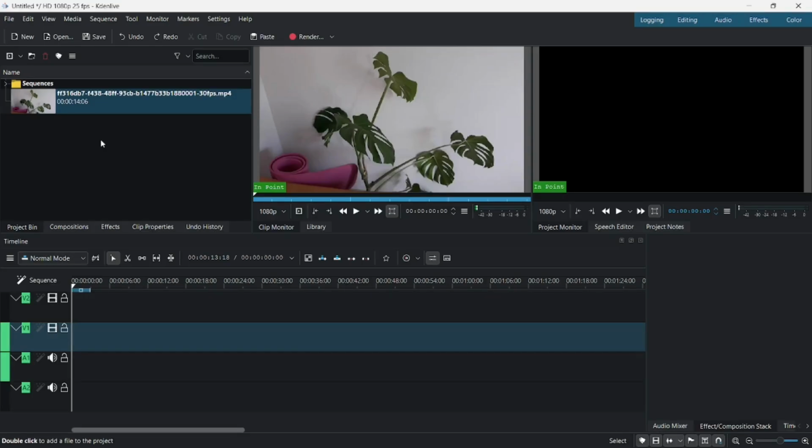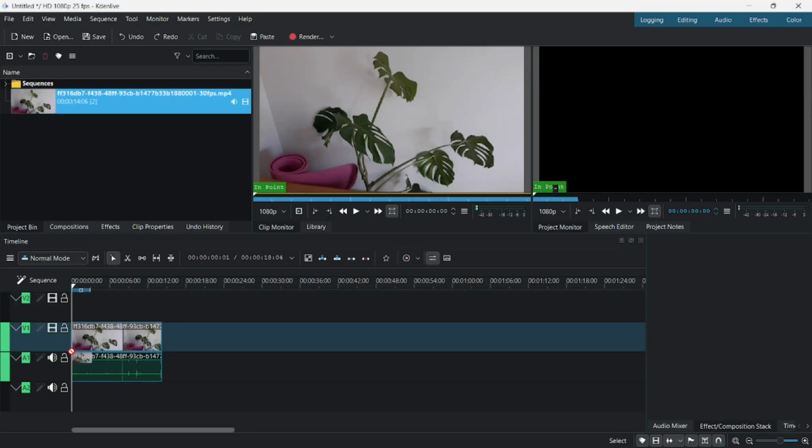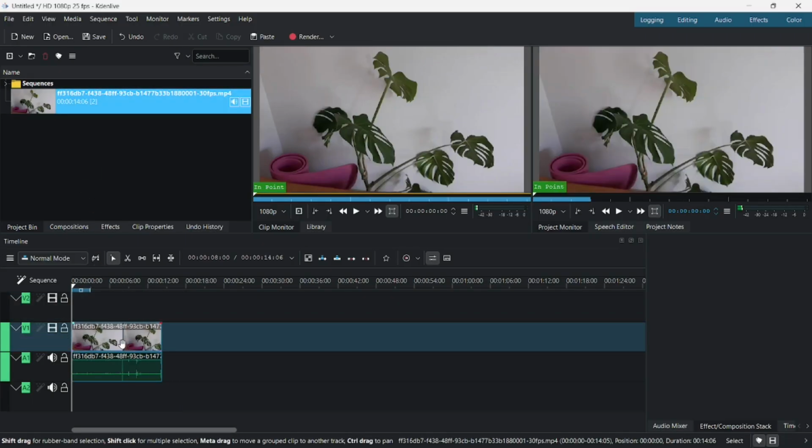Hi, today I'm going to show you how to increase or decrease contrast of video in Kdenlive. So if you want to do it, first you need to add your video to the timeline. So for example, I drag and drop this video to this timeline,